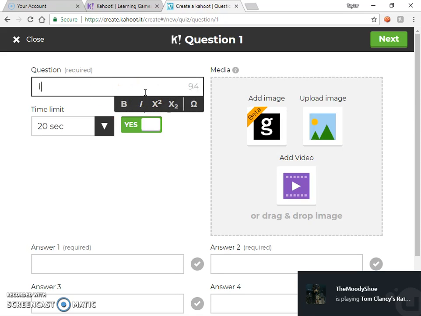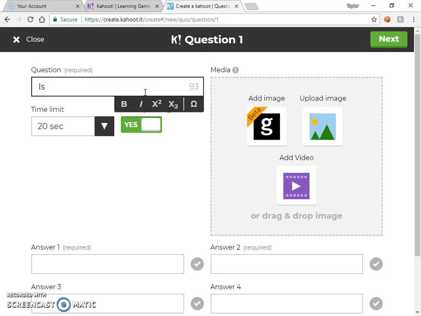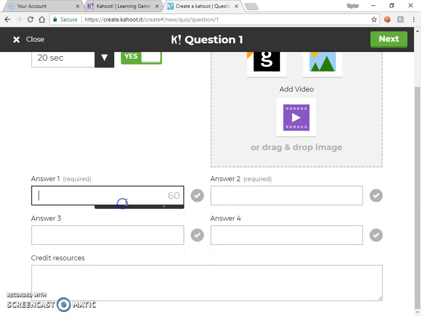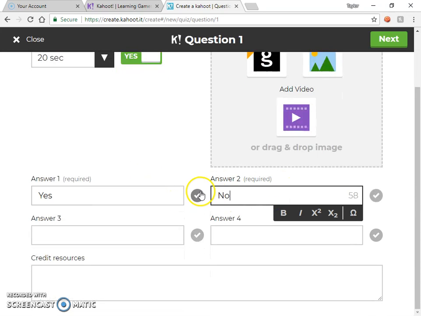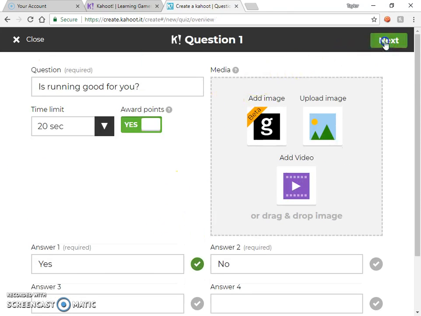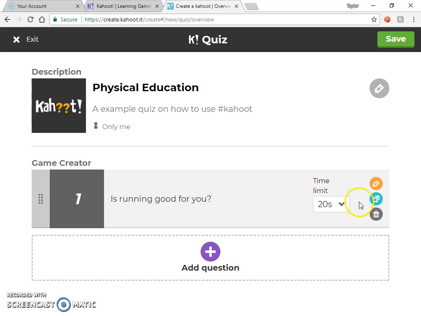So for our physical education quiz, we'll go with is running good for you? And we'll have two answers, yes and no. And you just type in, click on the right one, and next. And you're all good. And you have set the time limit there. You can edit if you make a mistake. And you just keep adding questions until you've covered all the material that you've covered in your class up until